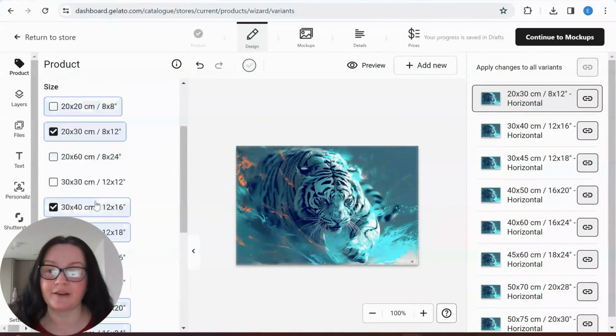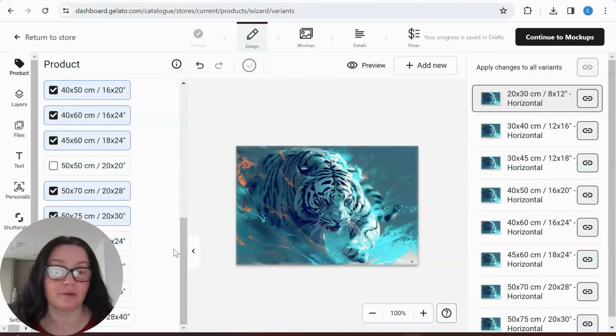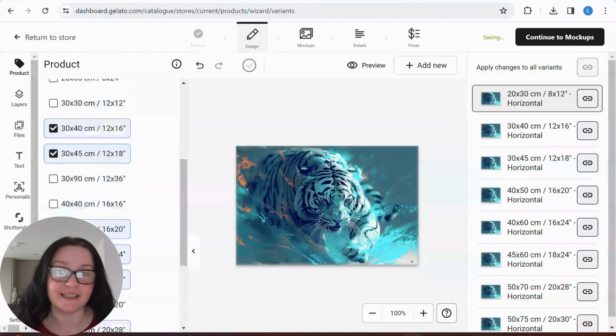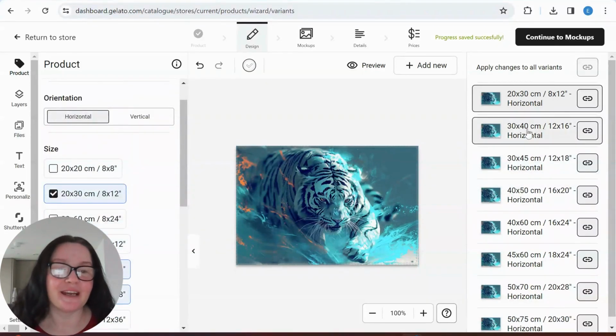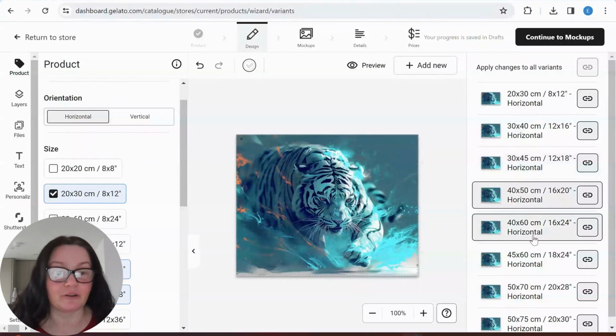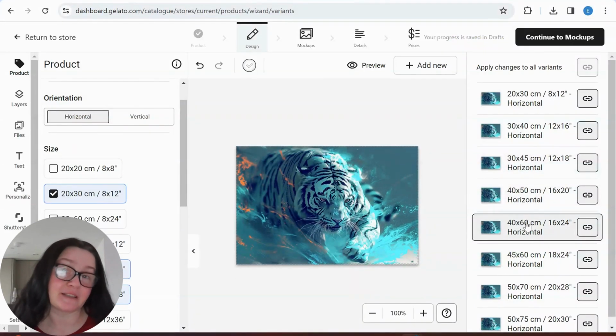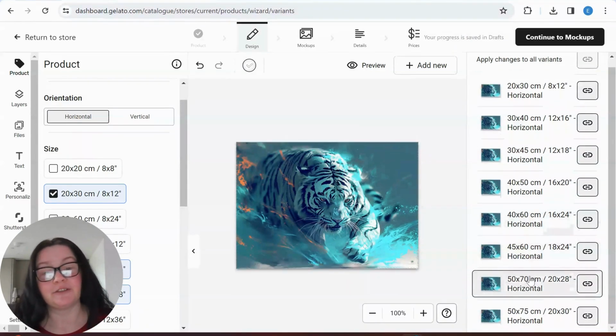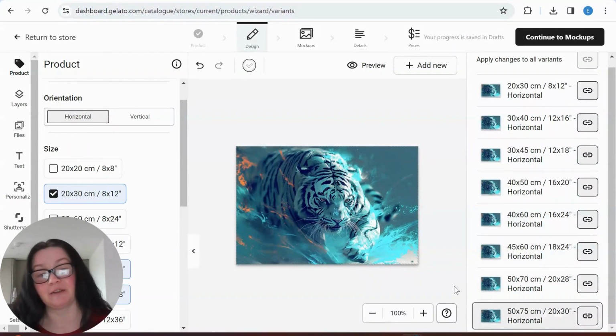If I go to files, these are my preferred options for the Tiger. I already did the hard work. So here I can see what each one will look like. The customer will see the same thing on my storefront. This is why it's a good idea to keep these mock-ups from the original print on demand company, because they can actually see, as you see, sometimes it cuts off the paw and things